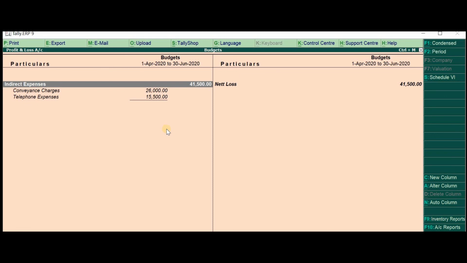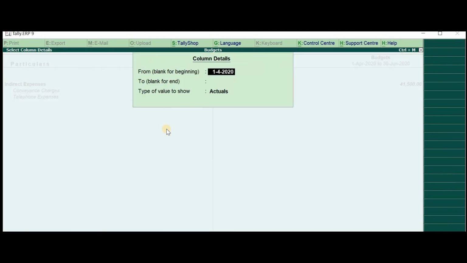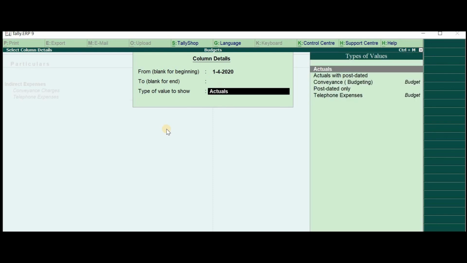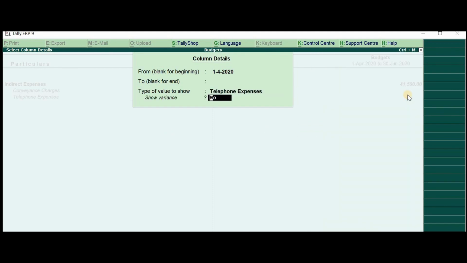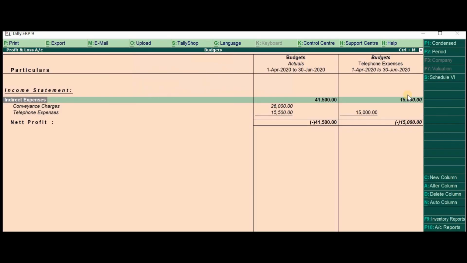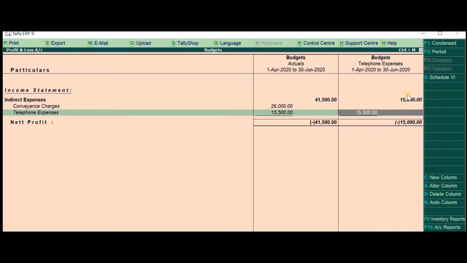Now press Alt C. Here select, let's say first we want to see telephone expenses, so we will select telephone expenses budget. Variance we will see after some time. Just press enter. Here it shows that the total budgeting for telephone expenses was 15,000 and the actual expenditure has been 15,500.